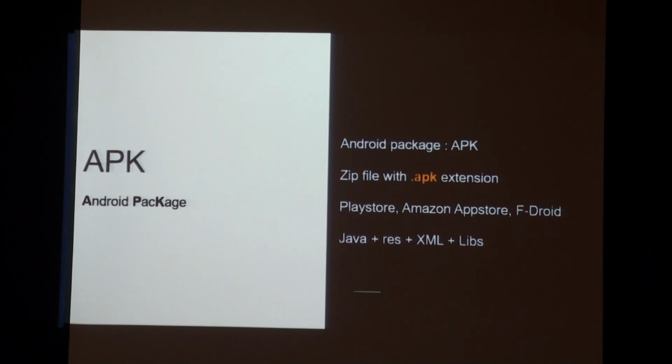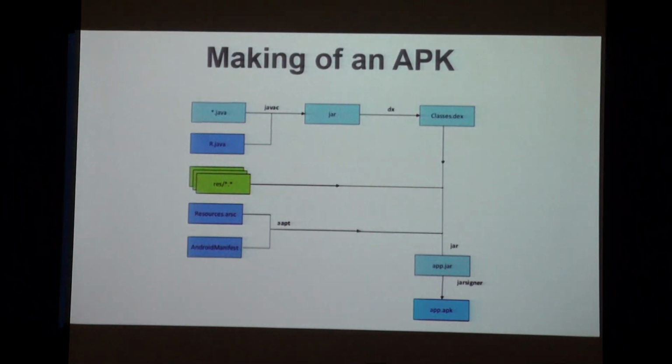An APK is generally a package which consists of a few Java files where you put your code, resource files, your images, icons, etc., and the XML largely for the layouts, and libraries if you want to include something other than Java. Suppose you want your application to have some code that is not written in Java, something like C or C++. You can include it inside your APK using custom libraries as shared objects. So this is the making of an APK. This is how it happens.